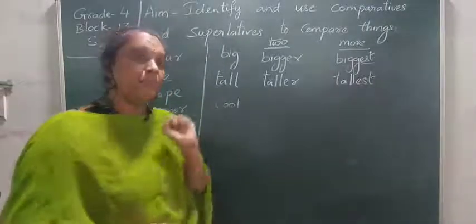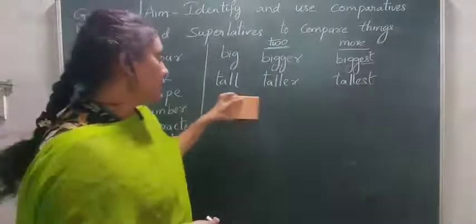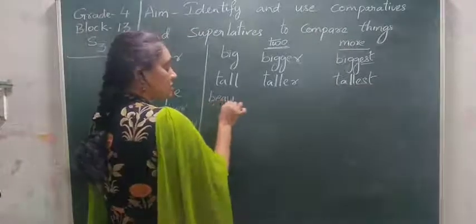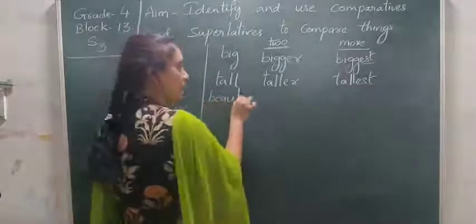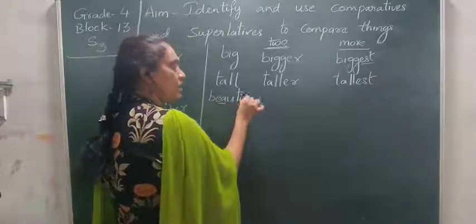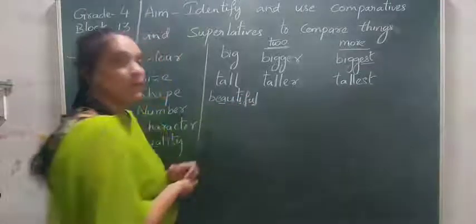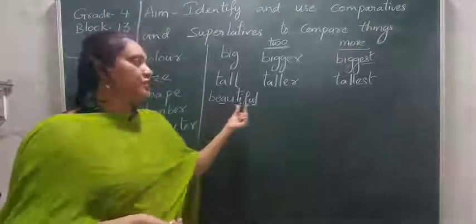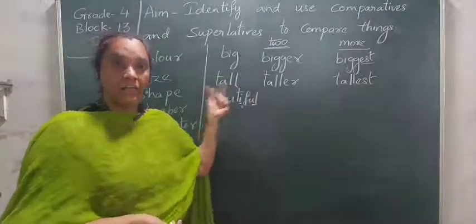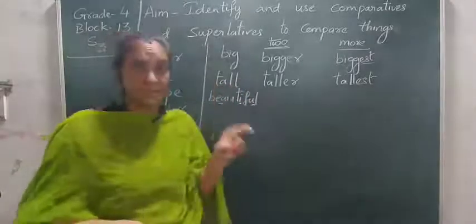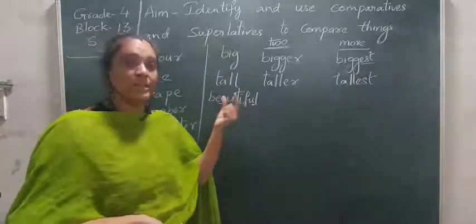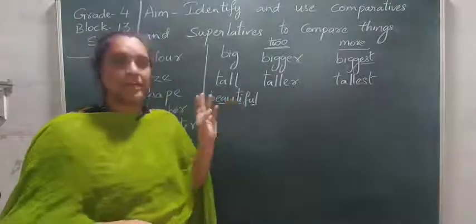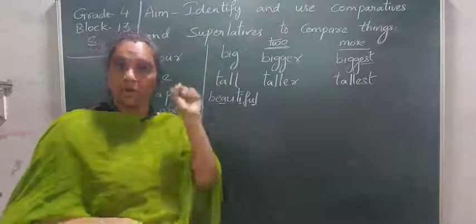Now some are there with more syllables. How do we pronounce them? If I take a word like beautiful, one vowel sound is there, B-E-A-U, another vowel sound is there, T-I, another, F-U-L, full. So here 3 vowel sounds are there. Based on the sounds, I can say this is a 3 syllable word. Beautiful. I can't say it as one. The syllables are the parts which have the vowel sounds differently. So here I can pronounce it 3 times, beautiful, based on the vowel sounds.